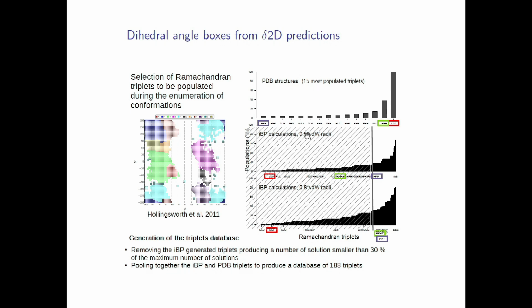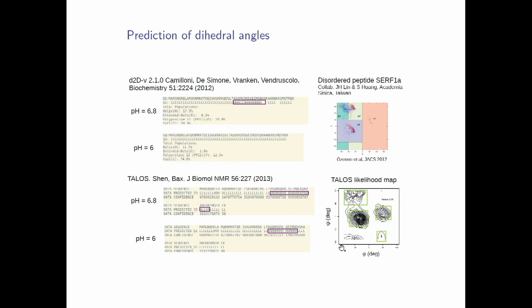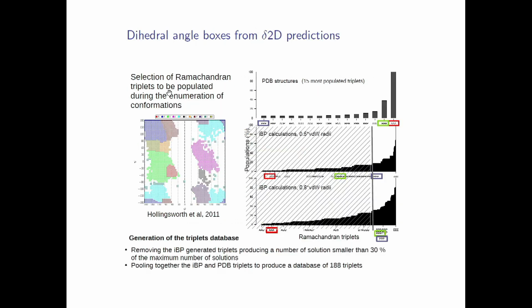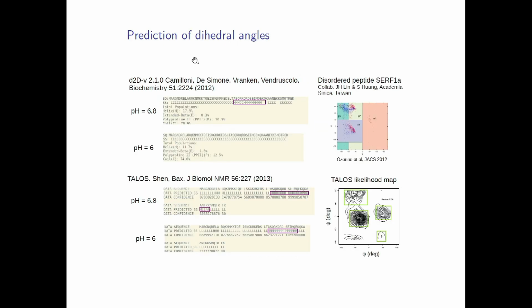Okay, so for the Talos probability map, the situation is relatively easy. One takes all the possible maxima of probability and draws a box around it, and then we will construct the tree by varying the point in this box alternatively along the calculation. And when you have the Delta 2D, you can see the regions are much bigger, and so